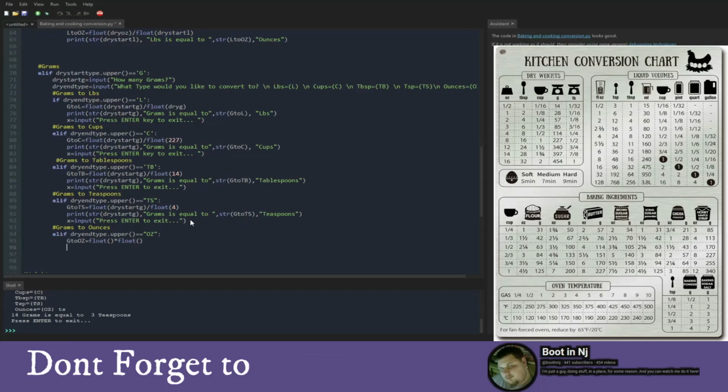Right now we're going to go to, oh, you know what, one of these is going to be the dry start G again. Dry start G. We'll just keep it like that for now. Our next place we need to go to is